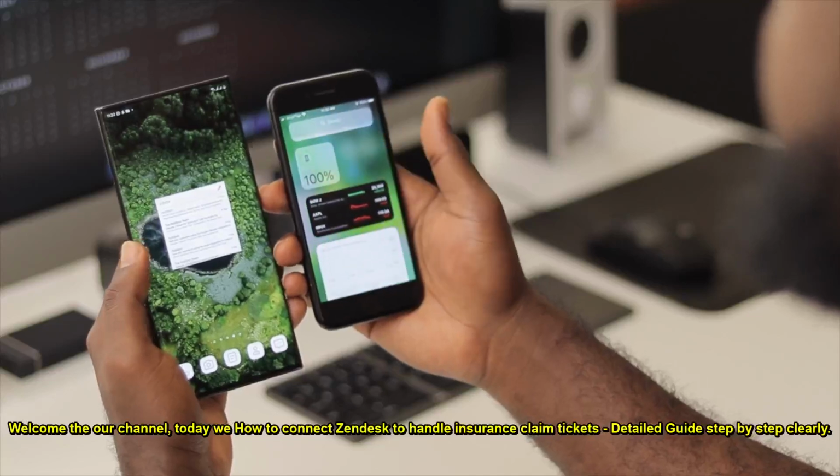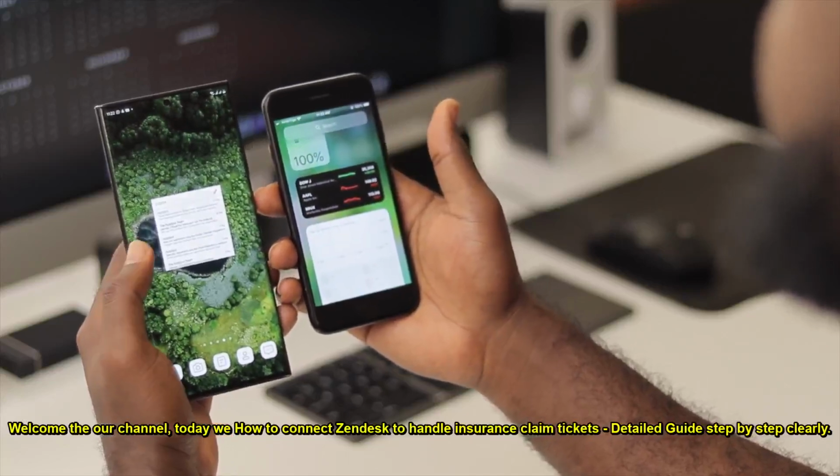Welcome to our channel. Today we will show how to connect Zendesk to handle insurance claim tickets, with a detailed guide, step by step